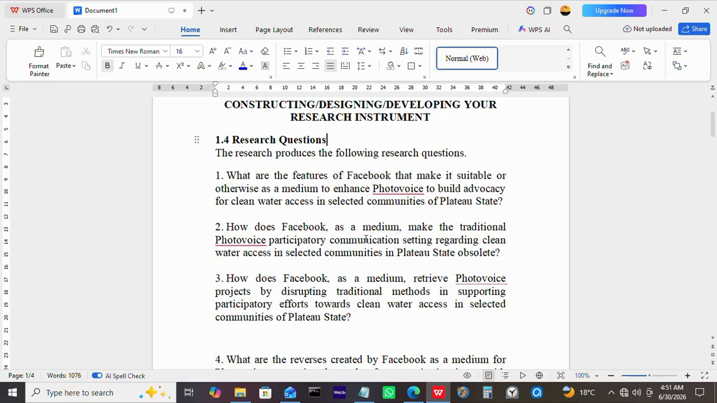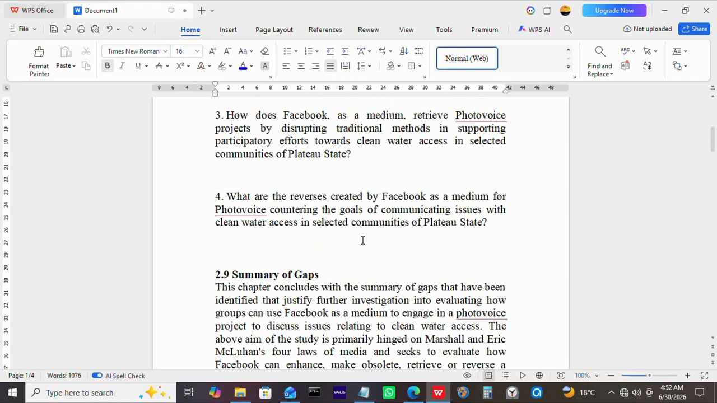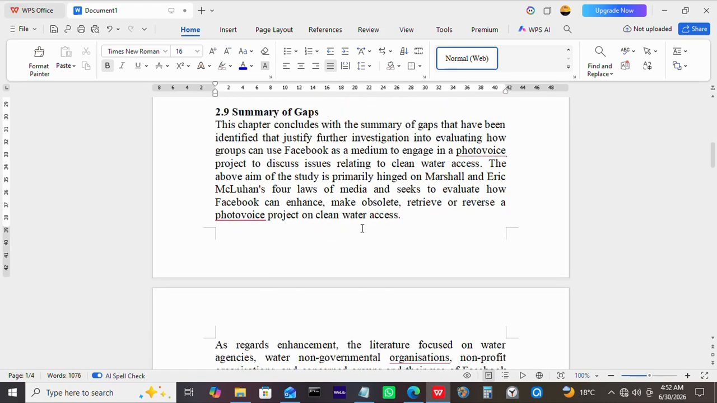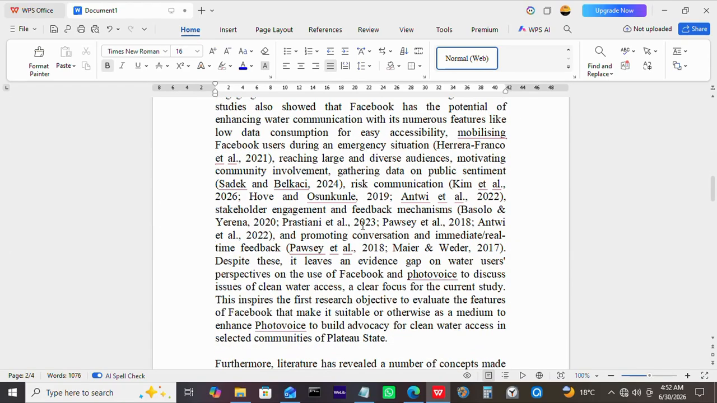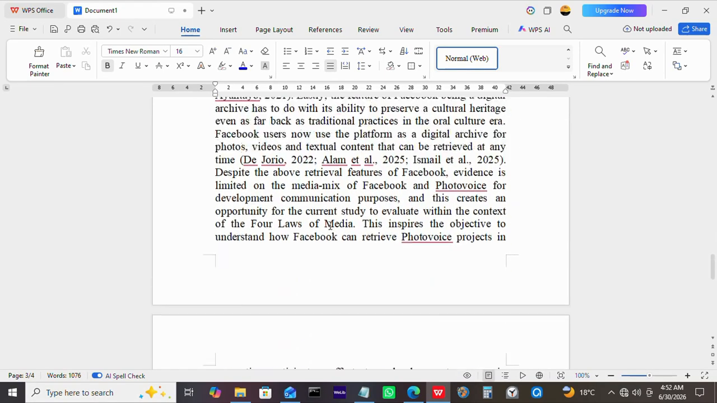So you list out your objectives, 3 of them, 4 of them, or maybe 5 of them. Then the other section that is important is your summary of gaps. So please watch the video on summary of gaps. Then you will see how to extract or build your questionnaire from the summary of gaps, so that you are going to have a very, very robust